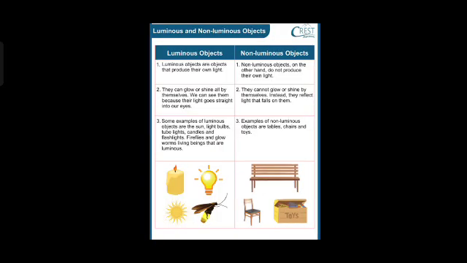There are two types of objects around us, luminous objects and non-luminous objects. The objects which emit their own light are called luminous objects. The luminous objects are in fact the sources of light. Luminous objects produce their own light and then emit this light. The sun, other stars, a lit electric bulb, a glowing tube light, torch, fire and the flame of a burning candle are all